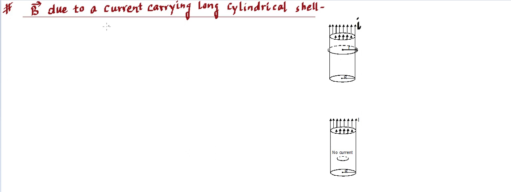So if we need to find the magnetic field, there are going to be two zones that we can think of. One is a zone inside and another zone is outside. So we need to find the magnetic field inside the cylinder as well as outside. So let's start with this. First we will talk about outside because this figure is for outside, and let's say point P is here, which is outside. At this point P we need to find the magnetic field. So this has a distance r from the center as shown in this figure. So what we are going to do, we are going to consider this r radius circle, and that circle will be behaving like Ampere's loop.